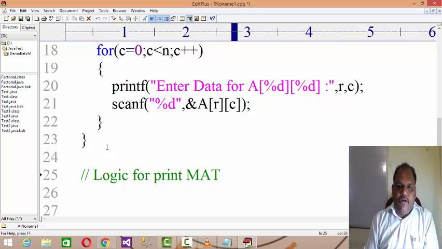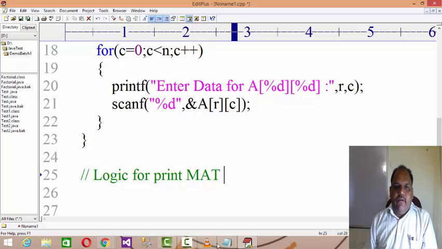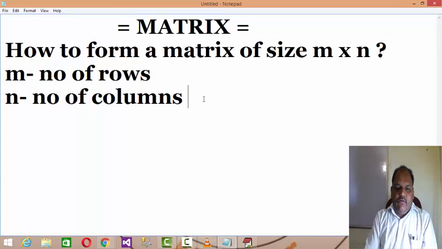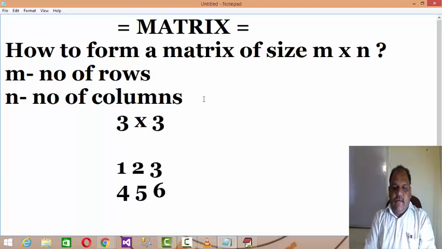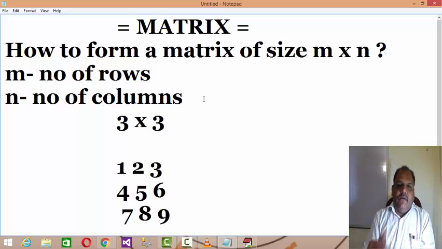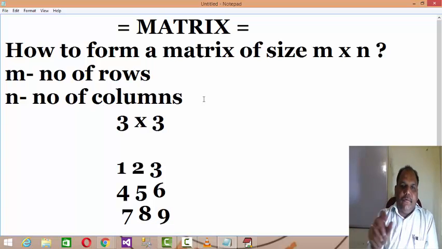You understand the point? Okay. So if 3 cross 3 is the size of the matrix, and you enter the elements 1, 2, 3, 4, 5, 6 and 7, 8, 9, you should be able to print them in the same format.